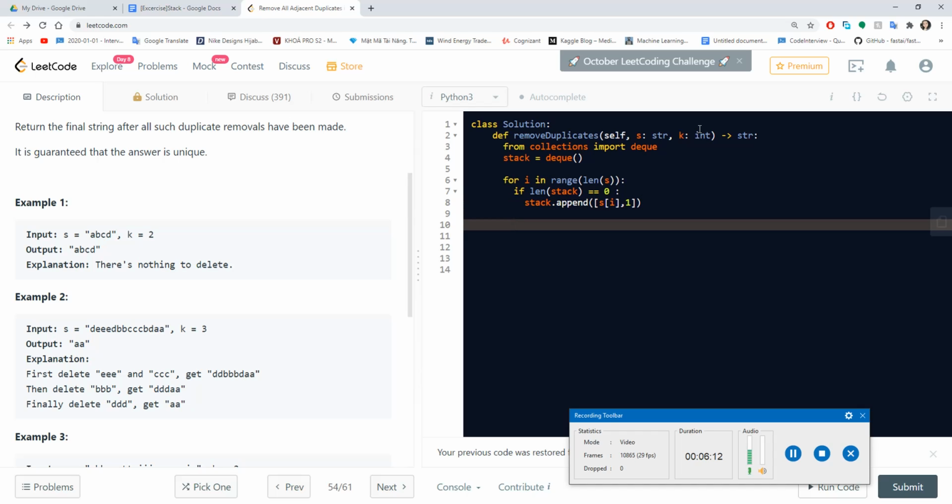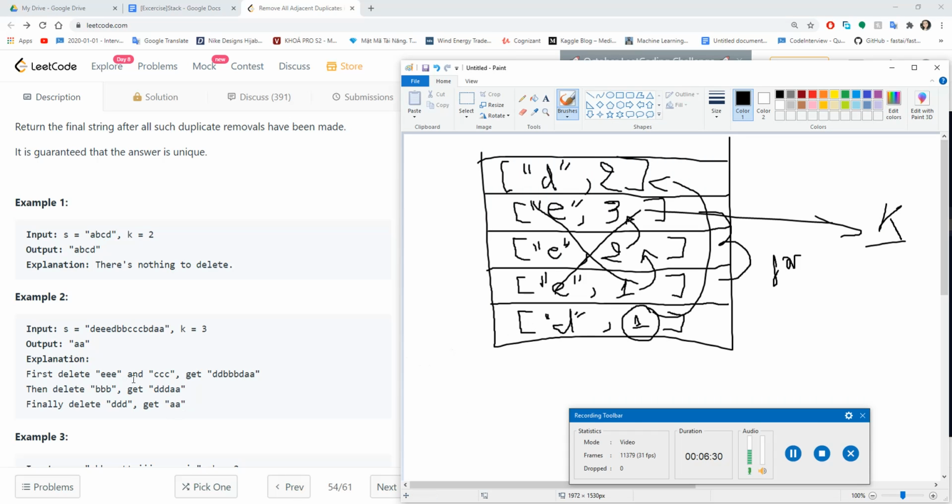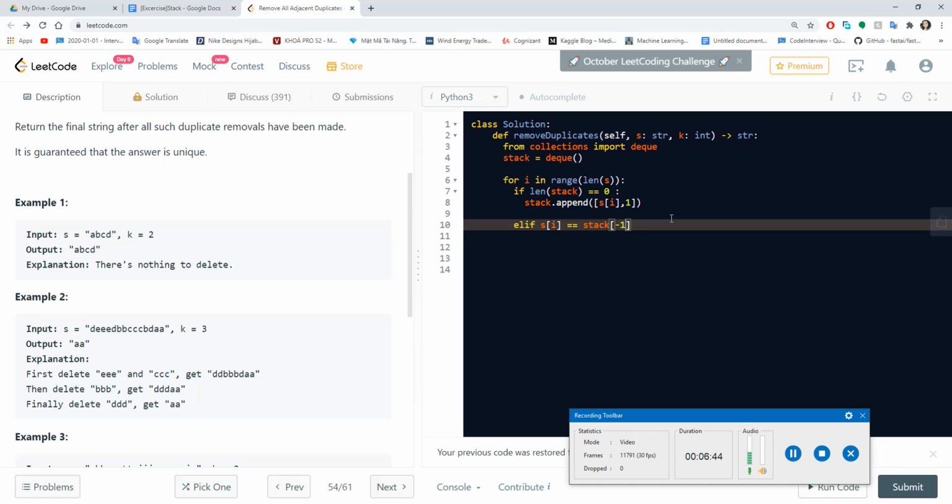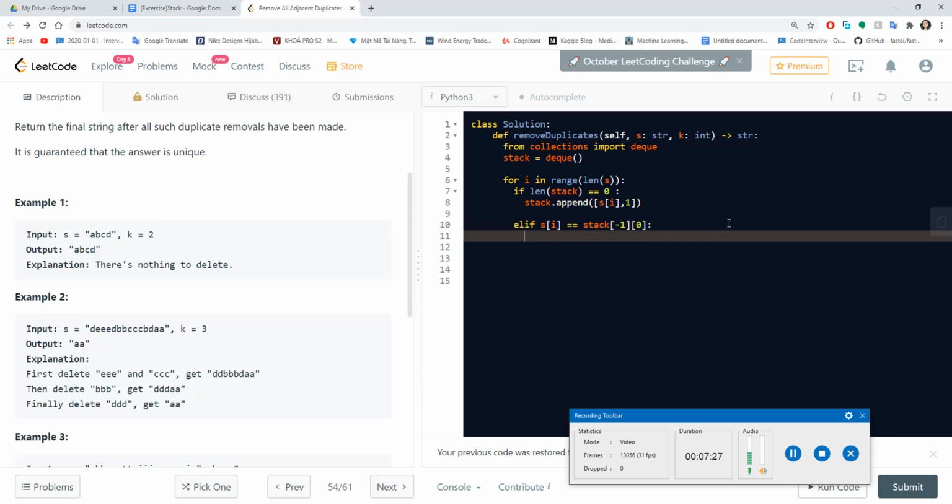And if the letter that I am working on is equal to the previous stack entry, for example in this case, letter E, and if it does not look like the previous one, I don't care about that. But in the next level, if they are the same as the previous one, it means I am working on the first element. In this case, if it's the same letter, I will append